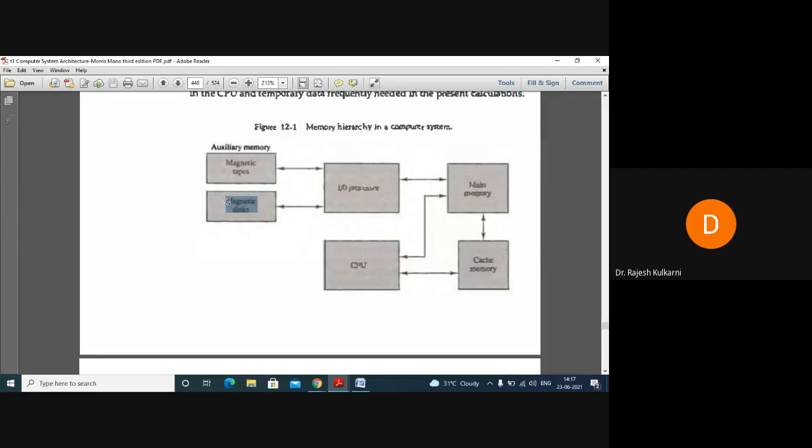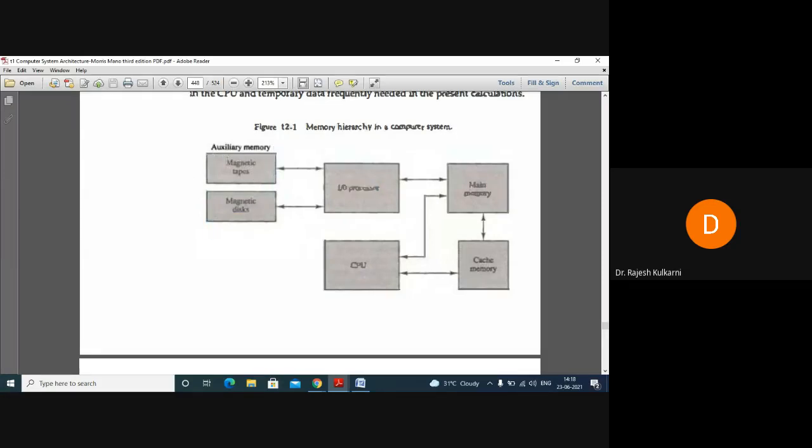What are the characteristics of these auxiliary memories? They are cheap and have high storage capacity. Their speed is slow in comparison to other components; you can treat the speed of a hard disk as maybe in seconds. This is about the auxiliary memories in the form of magnetic tapes or magnetic disks, as you can see in the heading here. Whether it is magnetic tape, magnetic disk, hard disk, CD drive, DVD, or pen drive, all these come under auxiliary memories.